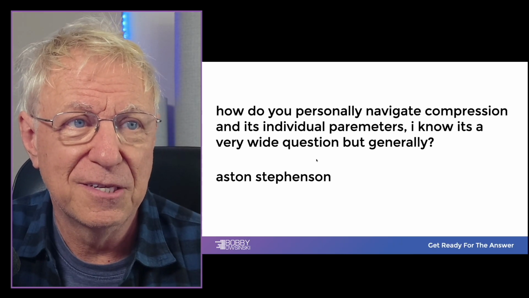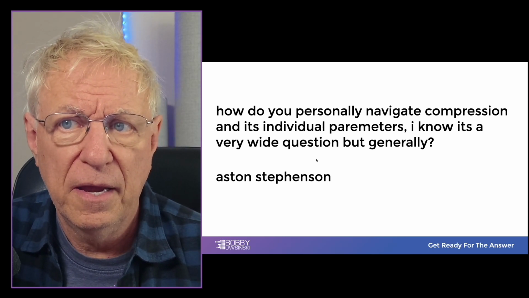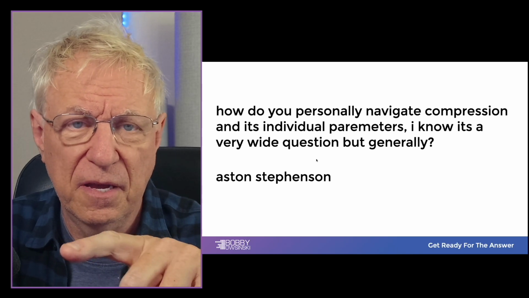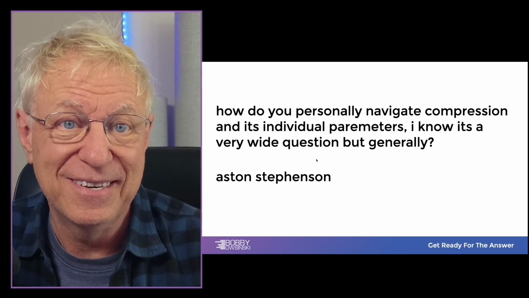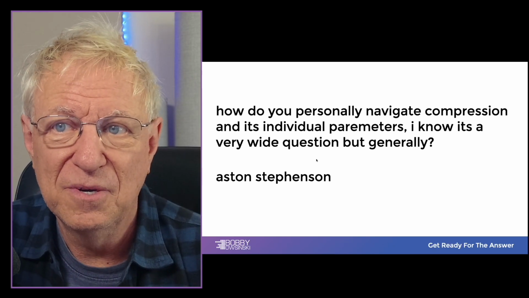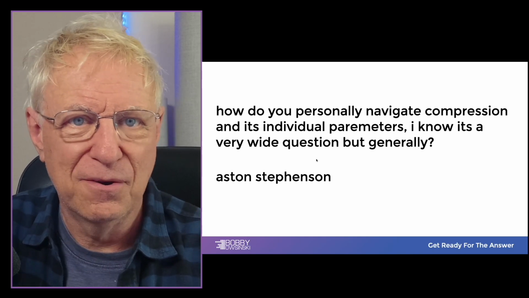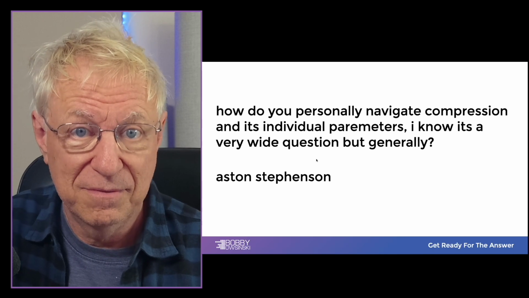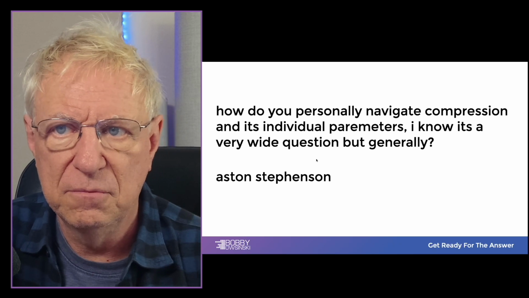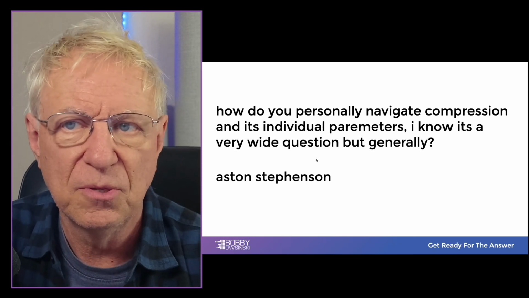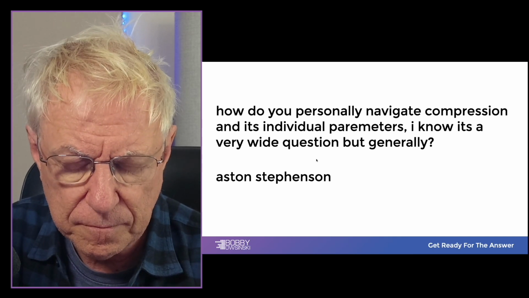Well, the first thing is compression is for control. Control meaning you have a track where the level is all over the place. It's up and down. It's high, it's low. It's loud. It's soft. So we try to even it out with the compressor. Again, there are other ways to do this that we use in combination with the compressor, which would be clip gain and automation. But generally speaking, we're just trying to control a signal so it's solid. It stays pretty much the same throughout the song.